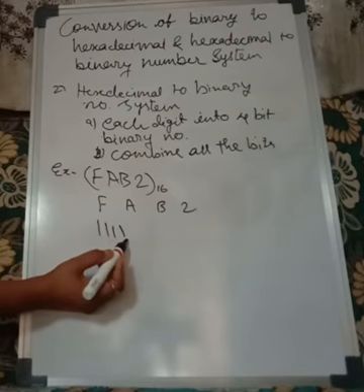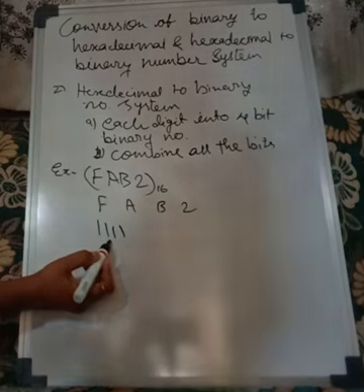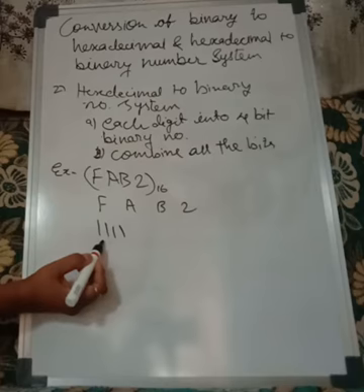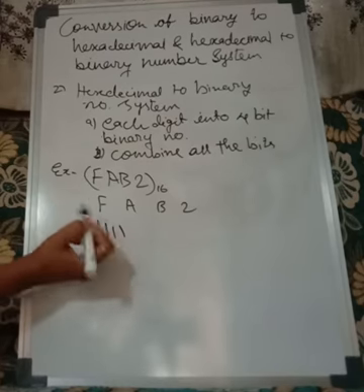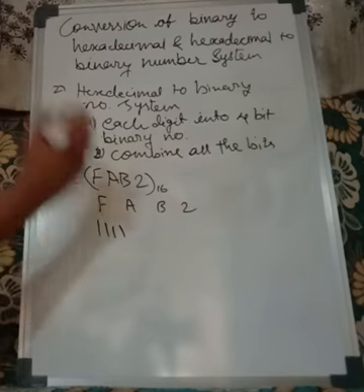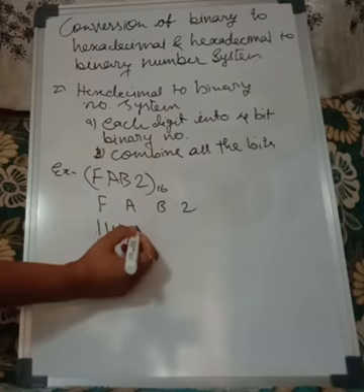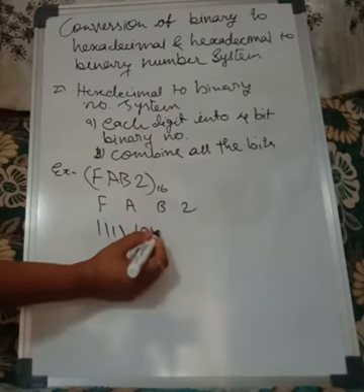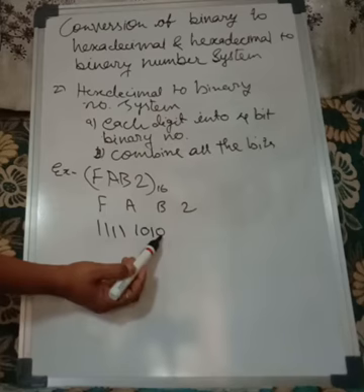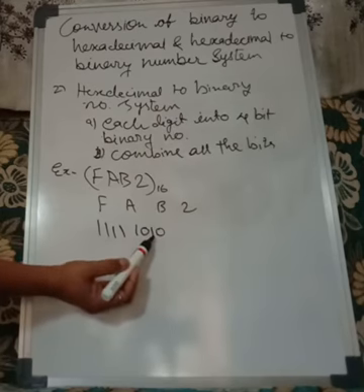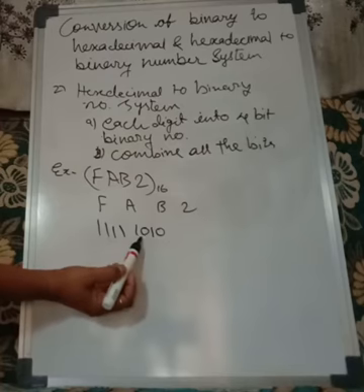Just recall one more time. This is 2 to the power 0 means 1. 2 to the power 1 means 2. 2 to the power 2 means 4. 2 to the power 3 means 8. And sum of all is 15. And 15 is represented by F. Now we have A. And what is A? A is 10. So we can write this 10 as 1, 0, 1, 0. Say 2 to the power 0 is 1 into 0 is 0. 2 to the power 1 and 2 to the power 3. So this is 8, 8 plus 2.